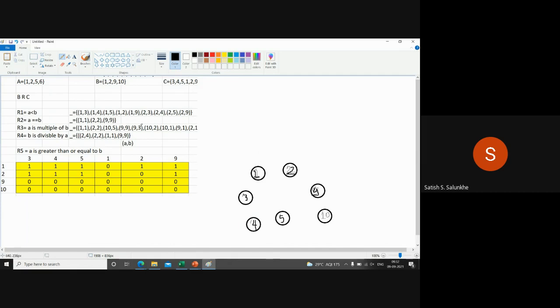Okay, so how do we represent the relation in terms of graph? If the element is listed as a node, and there is a relation from this element to this element, there will be a directed edge. You can see here 1 comma 3, there is a relation, so it is represented something like this. Then 1 comma 4, this directed edge indicates there is a relation from this element to this element. 1 comma 4, then 1 comma 5,